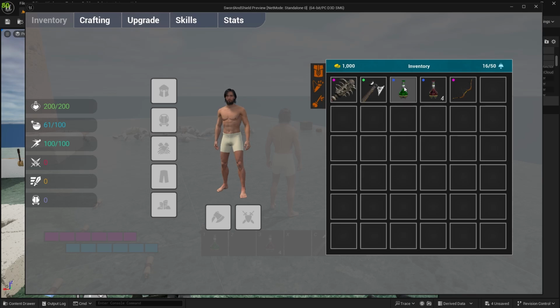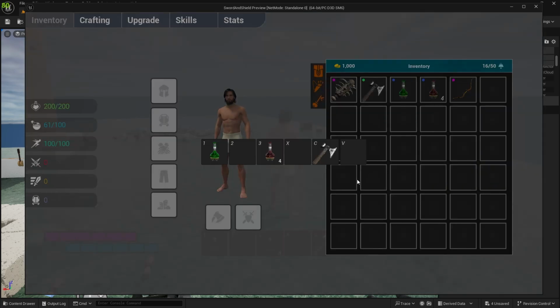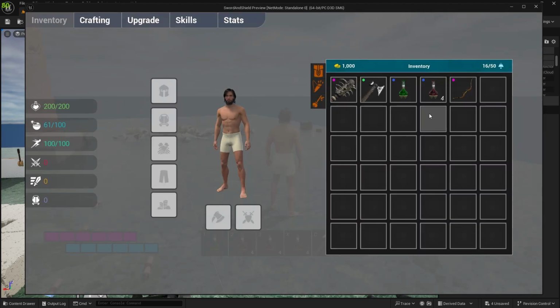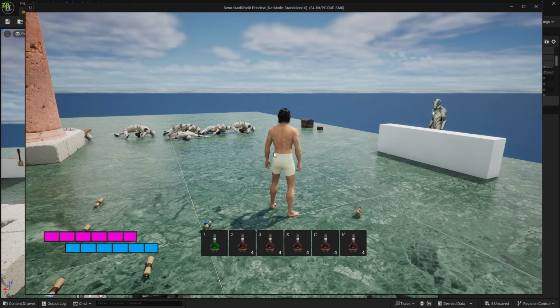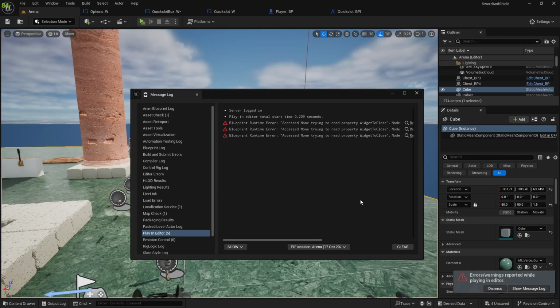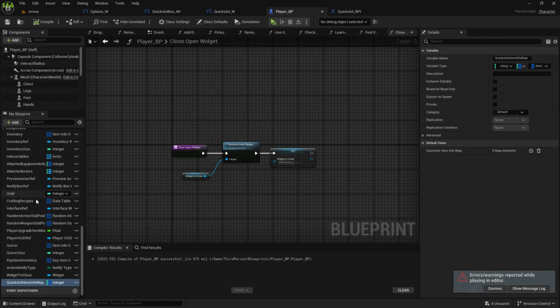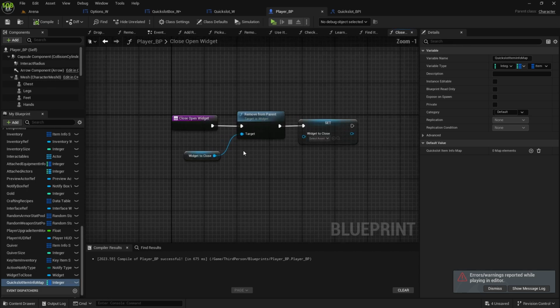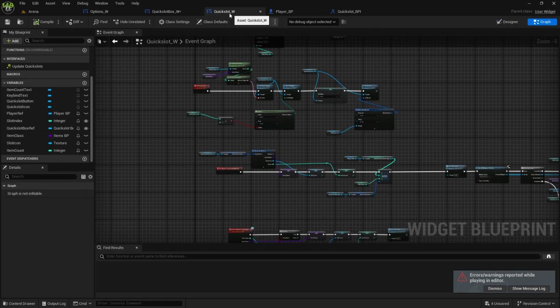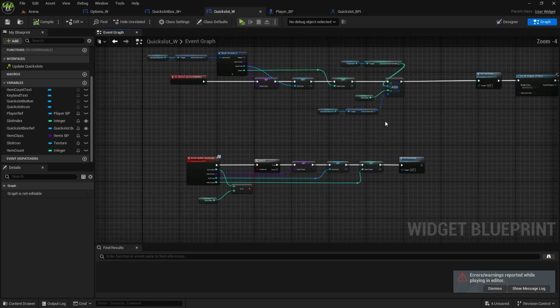Now, one more issue there is, and that is when you're setting the Quickslot, I can quickly click on multiple in that half a second, and we don't want that, because when I close it, it will also give us an error. The error is because we're calling that widget to close function, but the first time we called it, we removed that widget, so it doesn't have a reference and it's giving us trouble. And also it's not the best way that you can set 3 different slots in one go. So